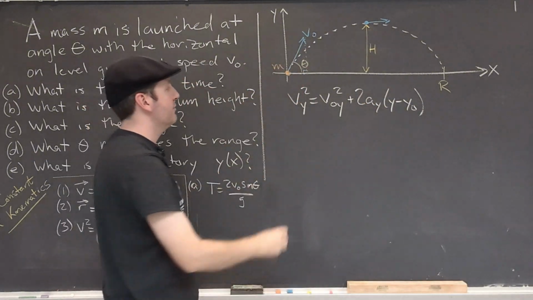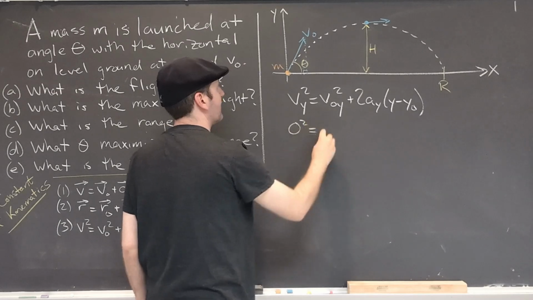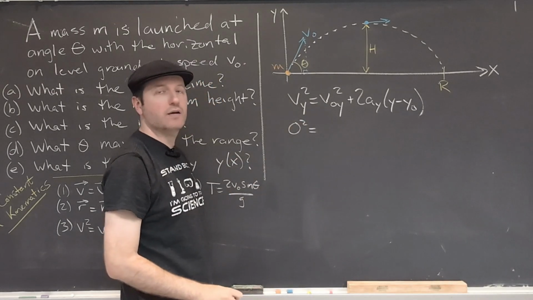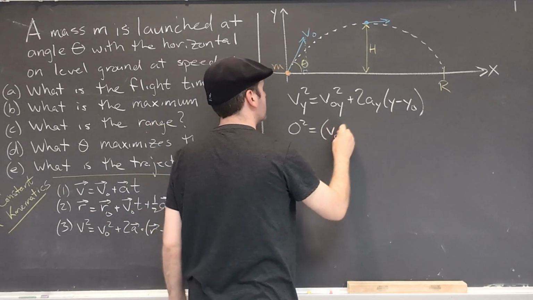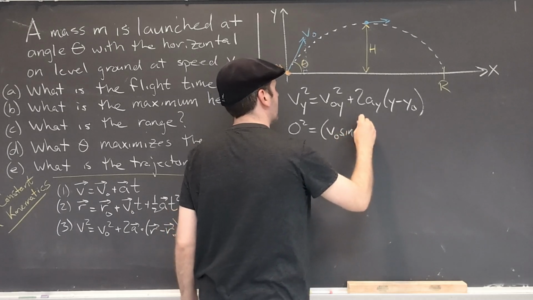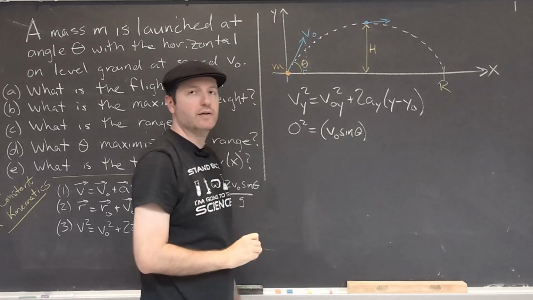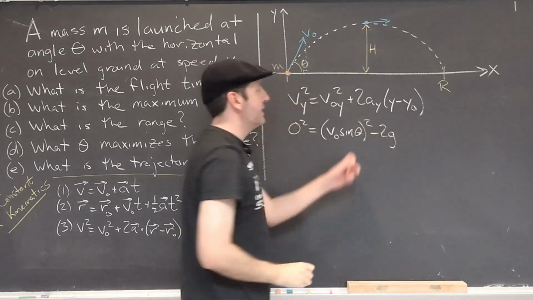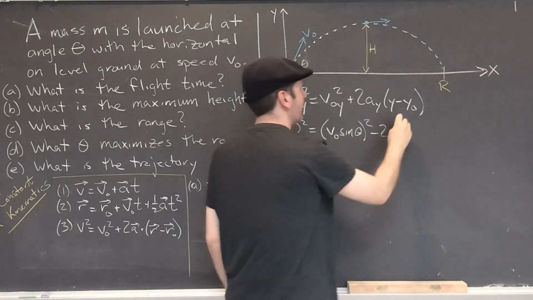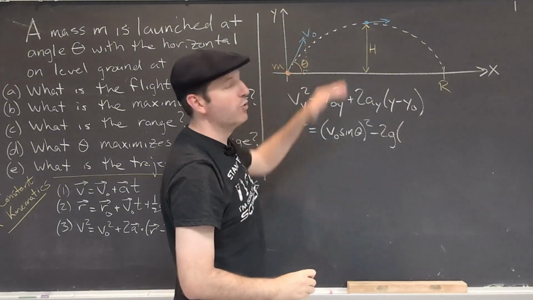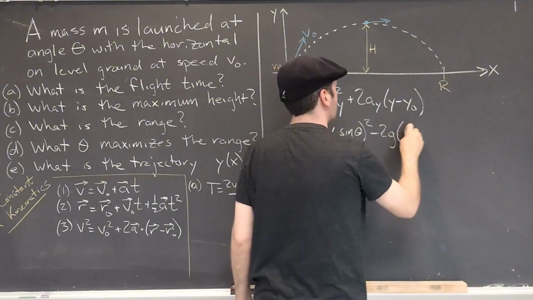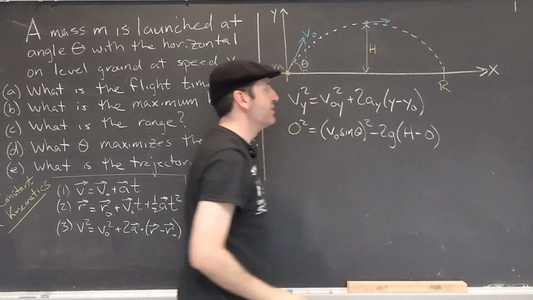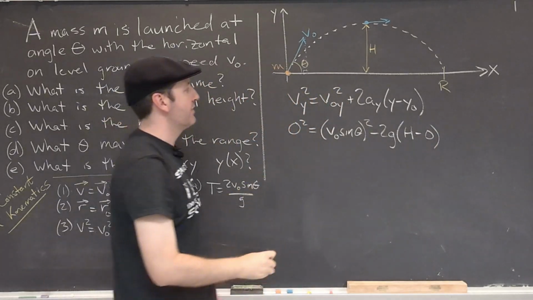At that maximal height, we know that Vy is 0. We know that the initial y component of the velocity is v naught sine theta, again from our triangle considerations. We know that the acceleration is negative g. We know that the y coordinate at that point is capital H, and we launched it from the origin. Solving for h,